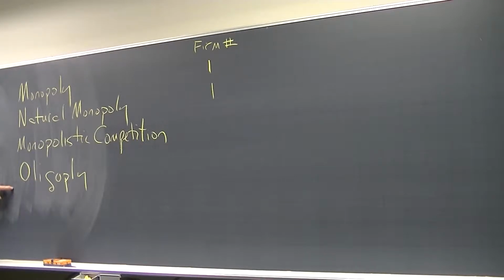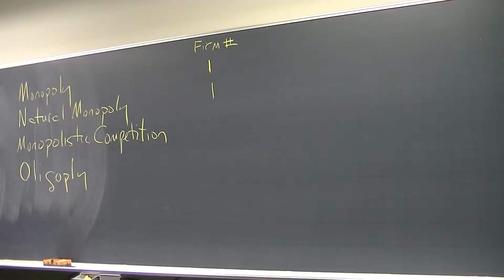Now, you notice we had the model, and the purpose of my model was to show you in a game theory way how you end up with a natural monopoly. So the outcome was firm 1 drives firm 2 out and creates a natural monopoly. And that's because of the structure of that. We'll go over that in more detail.